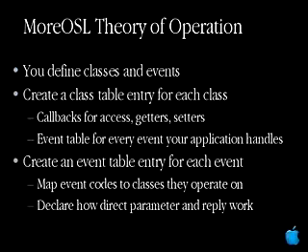Fans of straight C structs. You create an event table entry for each event on each class. And it maps the event codes to the classes they operate on. And then it also has some bits that declare what's supposed to happen with the direct parameter, whether it's required or optional, whether this generates a reply or not, things like that. So you set a couple flags in these tables. So basically, the first thing your application does is creates all these tables that defines its scriptability. Then